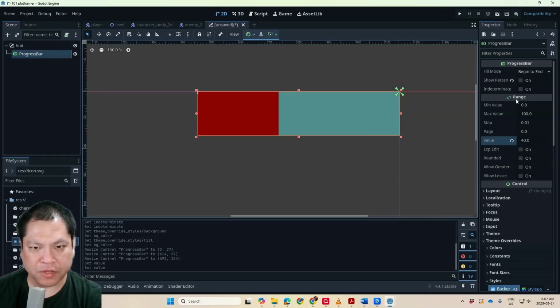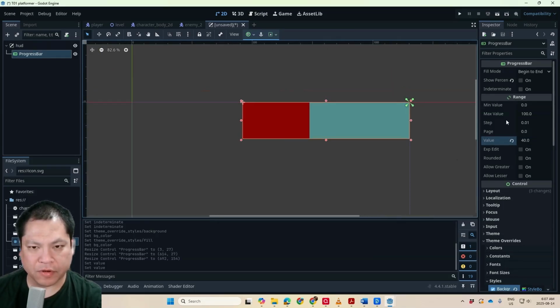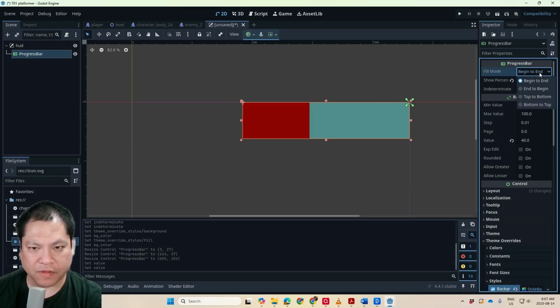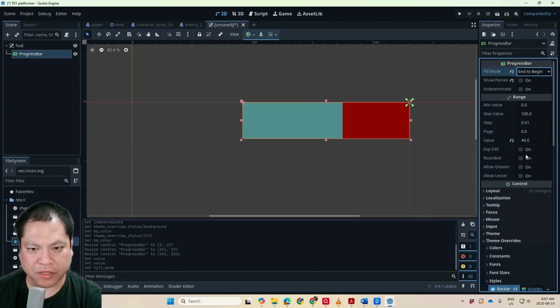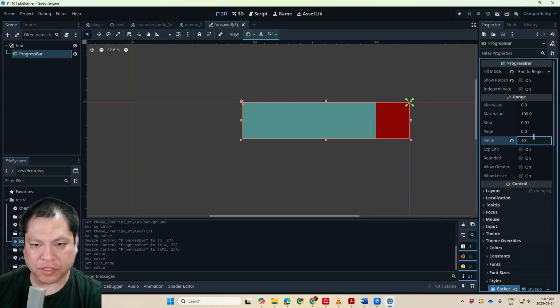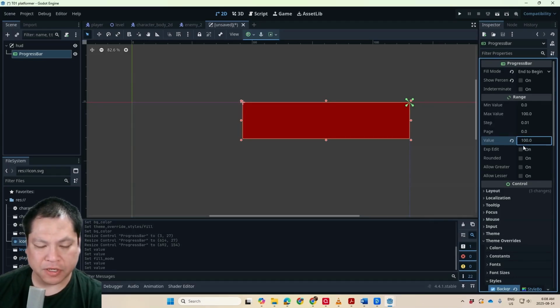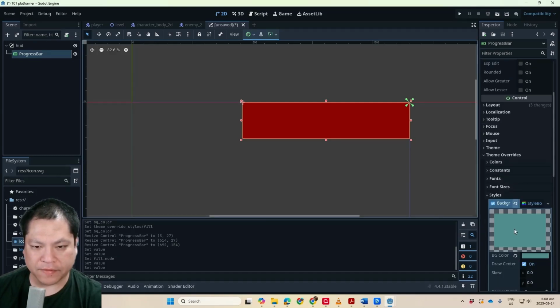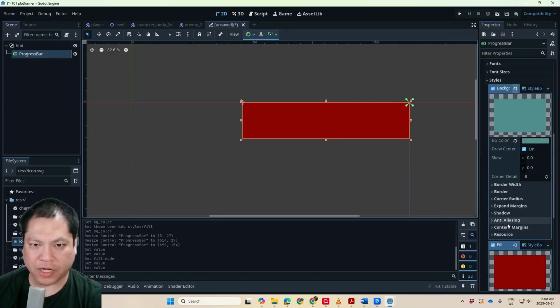If you wanted to go the other way, from right to left instead of left to right, I believe that's this one, fill mode end to begin. And so now you're at the other side, value say 20, and it goes down like that. So lots of different options that you can adjust here if you want to. Yeah, we'll leave it at that, and now we'll take a look at how we can connect our script to change this,